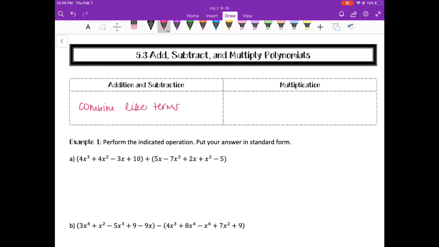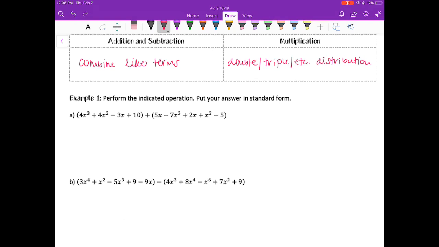When we multiply polynomials, we use double or triple or however many times you need to distribution, right? So when we have a binomial times a binomial, we know that as foiling, right? First, outer, inner, last. Well, we can extend that beyond a binomial times a binomial, as you'll see later on. So, in example 1, as we perform the indicated operation and put our answer in standard form, we are just